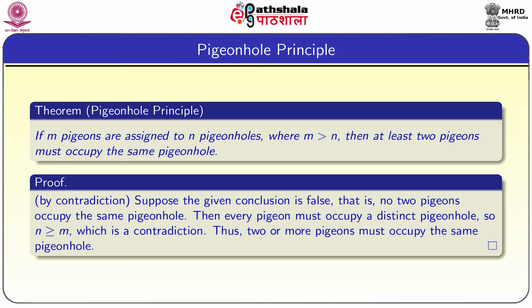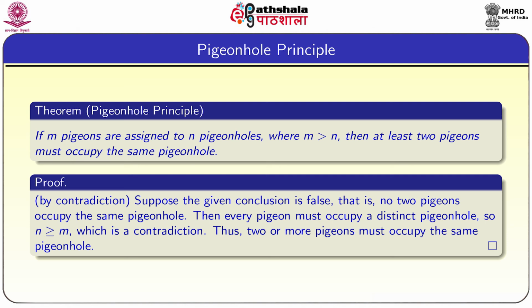So, what we will do here is divide the unit square into 9 small squares, where each square has side length 1 by 3. Then we have 10 points. If you place 10 points in these 9 squares, at least 2 points will go into the same square. So, obviously, the distance between those 2 points is less than 0.5.